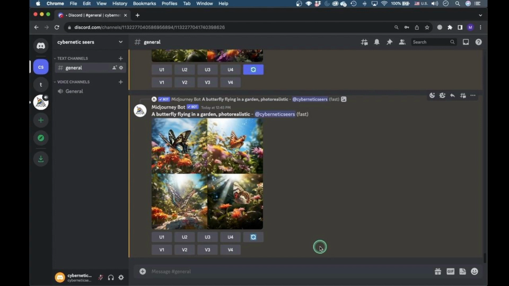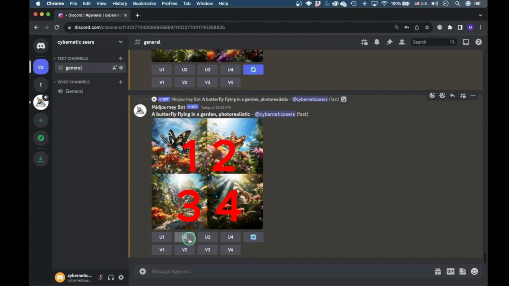As we can see, Midjourney by default produces a grid of 4 images. They are numbered from 1 to 4. The buttons U1 to U4 were used for upscaling and separating the images. Now starting from version 5, the images are generated with a resolution of 1024 by 1024. So no upscaling is done.